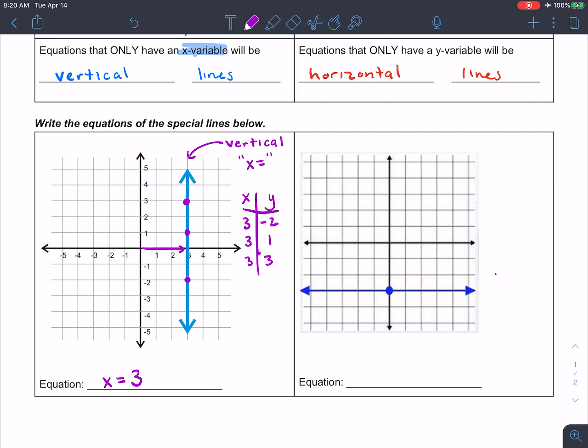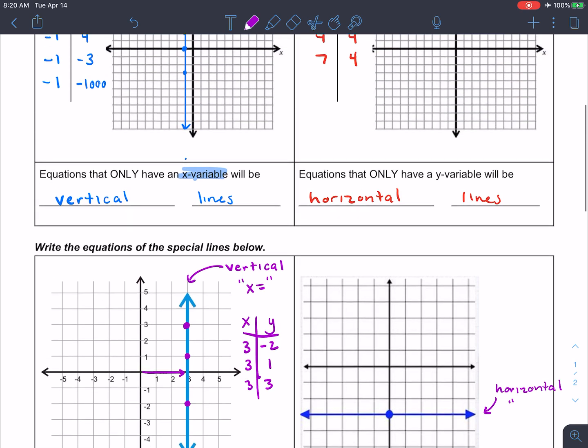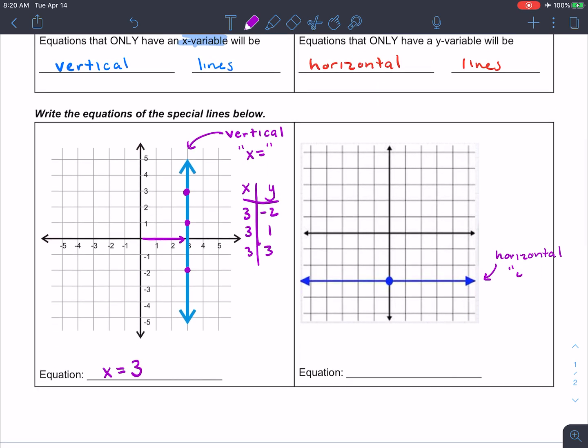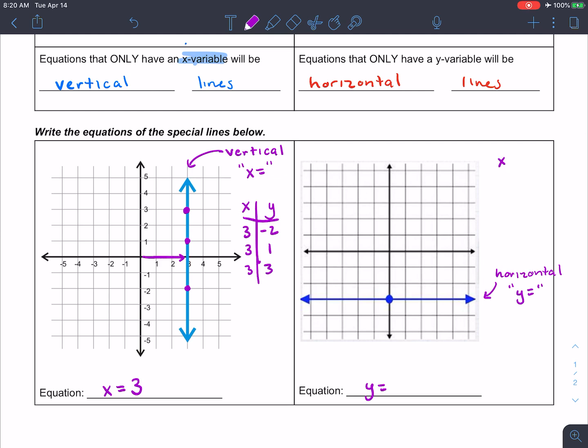When we look at the next one, it's horizontal, which means I know from my notes above that it's going to be y equals. And now again, to get that value, you can either count how far down you have to go. So in this case, I know it's going to be -3 because I went down -3. The other thing though, and I think this might be even better, is if you make a table